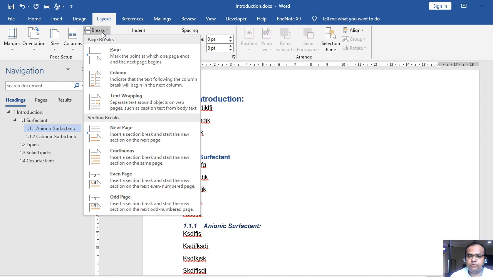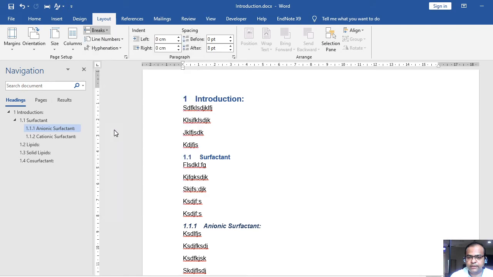There is a common strategy here. If you want to move to a newer page in the same chapter, go with the page break. If you want to move to a newer page for an entirely newer chapter, then you should use the section break. In this case I want to move to a newer page for a newer chapter, so I will use the section break. At the end of the first chapter I will keep my cursor at the end and select Next Page.